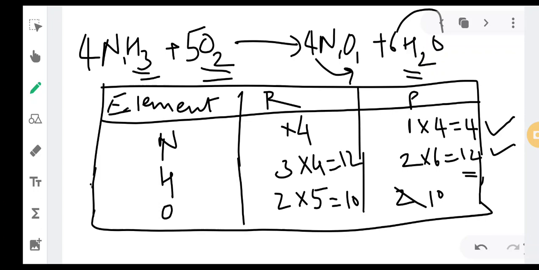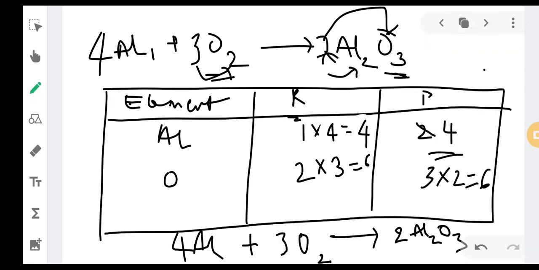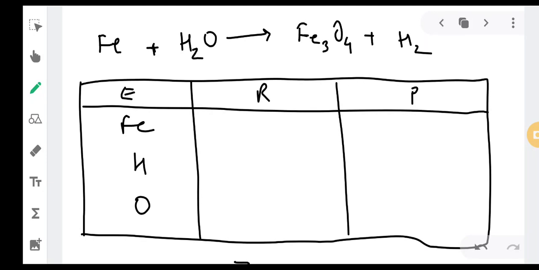Whichever are not solving by putting smaller numbers, you have to try with bigger numbers like 3, like 4, like 5, like 6. Don't go beyond 6, because beyond 6 it won't be there. Such difficult equations are not there for you all. They might not put you some difficult sort of equations. They will be much easier as compared to this, like whichever we have solved in the previous classes, it will be in that format.